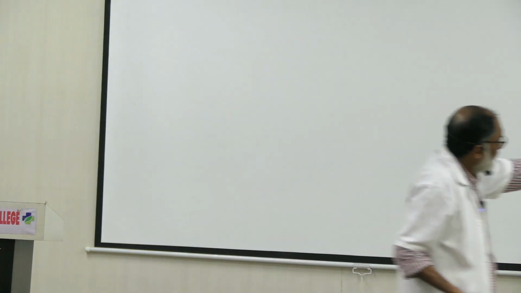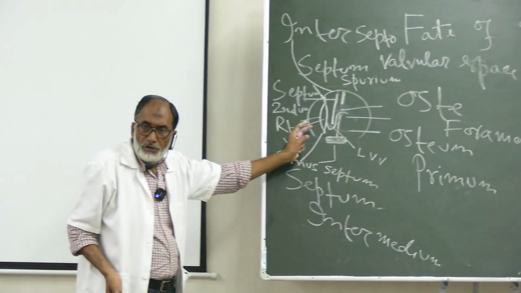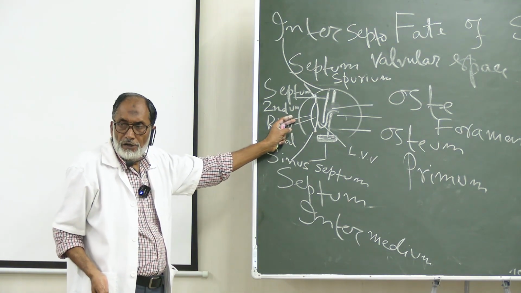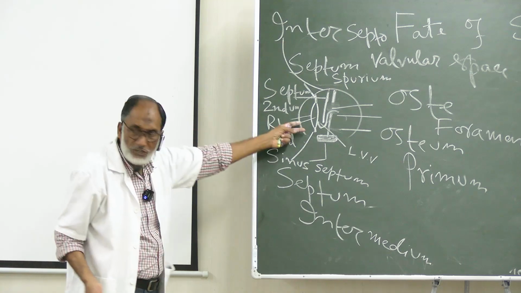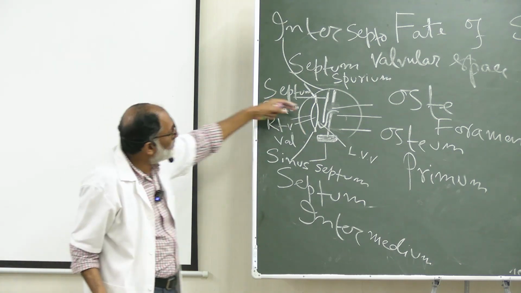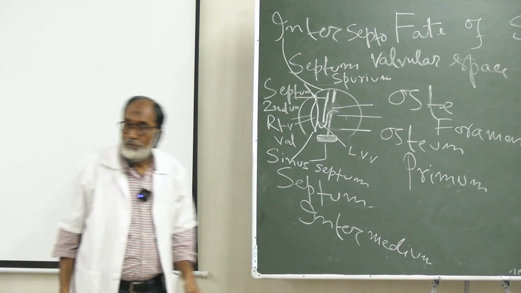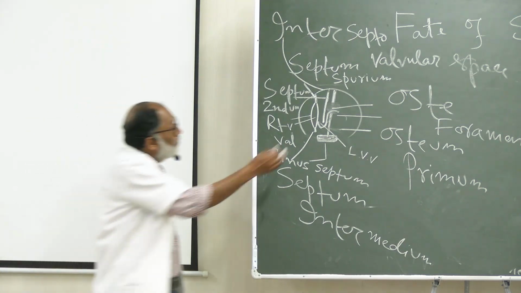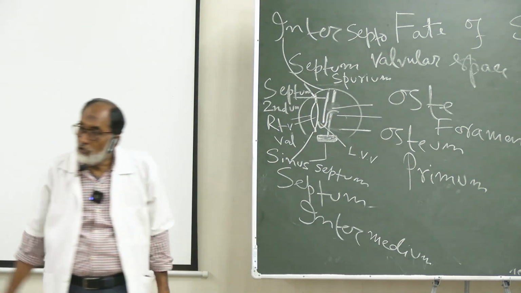Now the heart is not functioning, and the lung is not functioning in intrauterine life. Blood is coming to the right atrium, and as the pressure is higher here, blood is coming through this. But when blood also comes to that side, then there will be